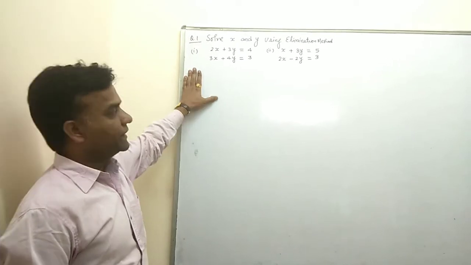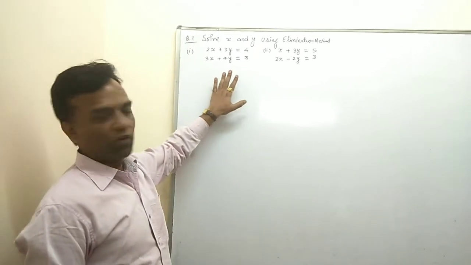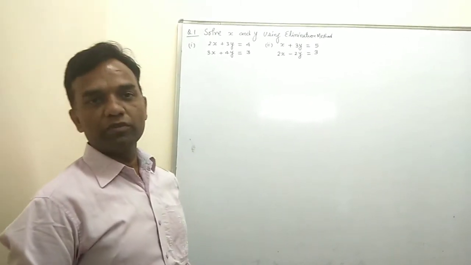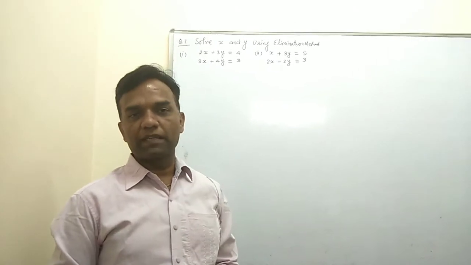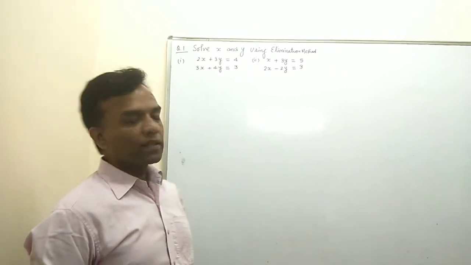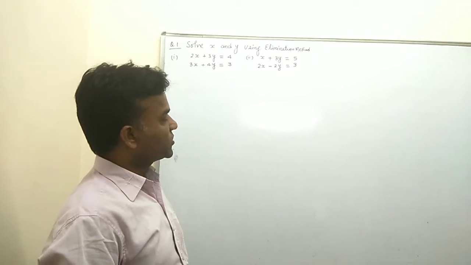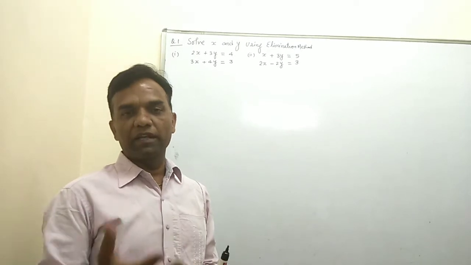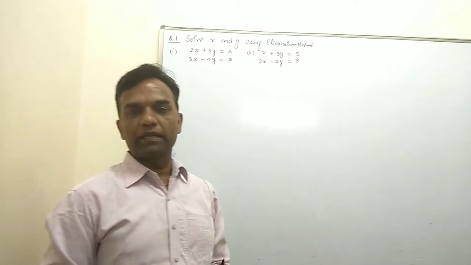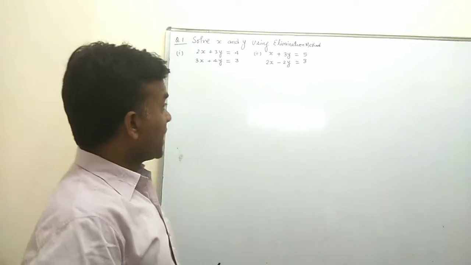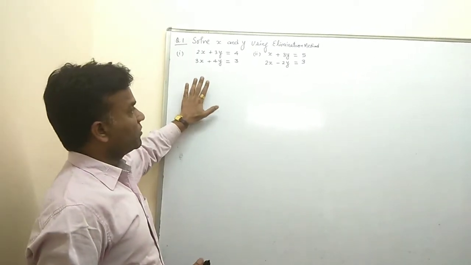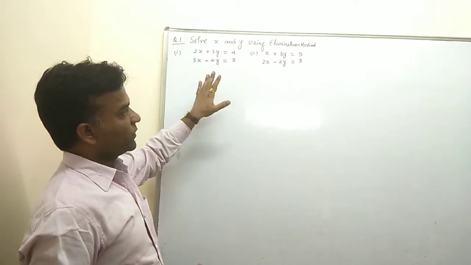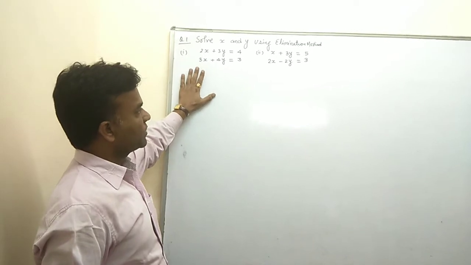Now we have an example for finding the value of x and y using the elimination method, in which we consider two equations. We are taking two questions as examples and will explain how you apply the method in the given questions, because before this I explained the general concept with a general equation like a1x plus b1y equal to c1, but here we have numeric values, and we will see how to apply the elimination method to them. So the situation is different here. Now we take the first question.